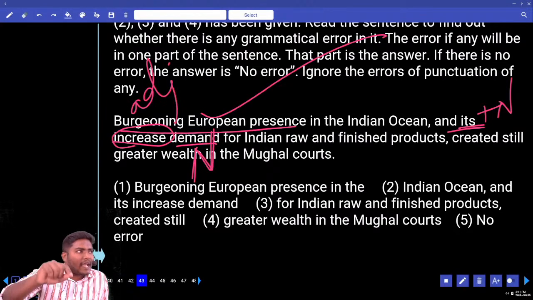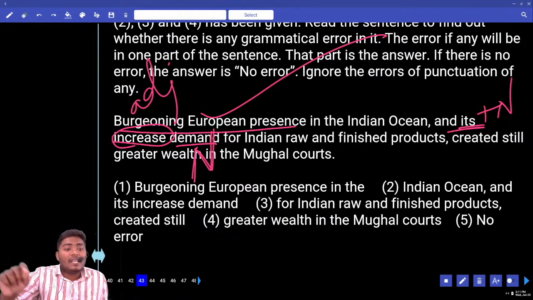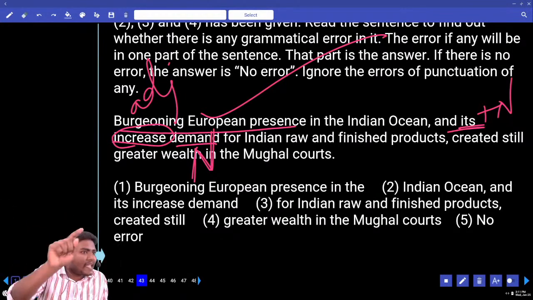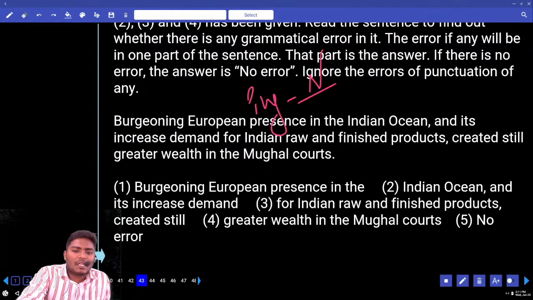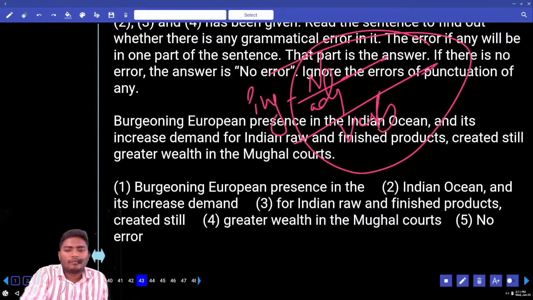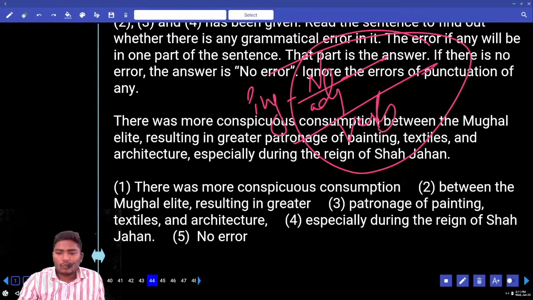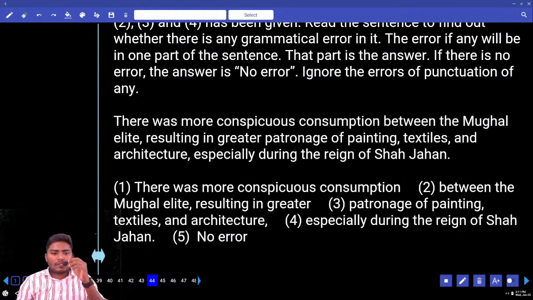Now, is increase an adjective or a verb? That is a verb form. What is the adjective we can use? Increasing demand. ing. Ing words are used as nouns, adjectives and verbs. Move to 44. There was more conspicuous consumption between the Mughal elite, resulting in greater patronage of painting, textiles and